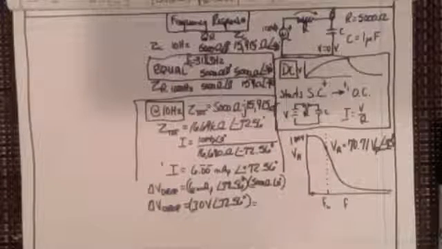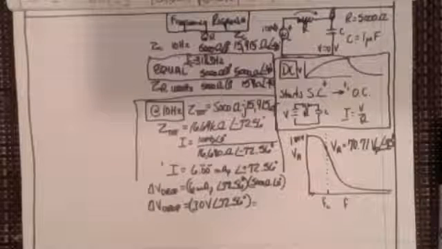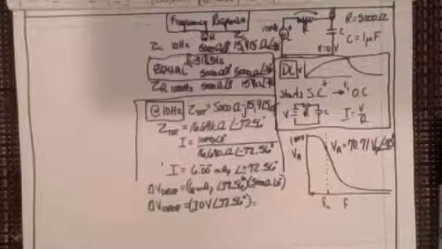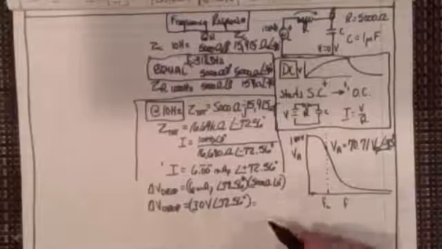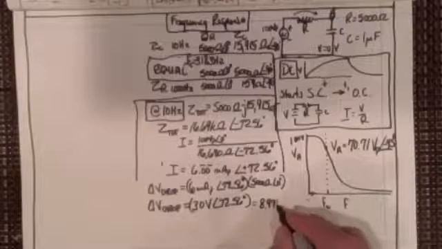So if I have 30 times the cosine of 72.9, that gives me 8.97 volts